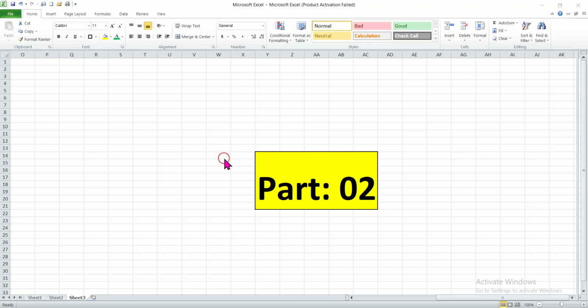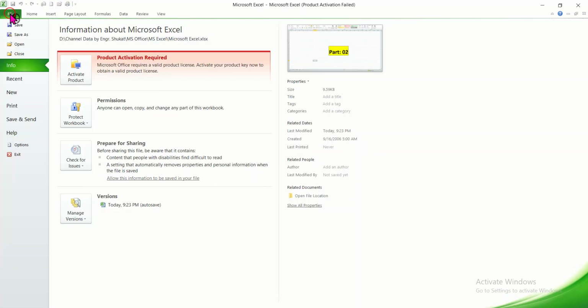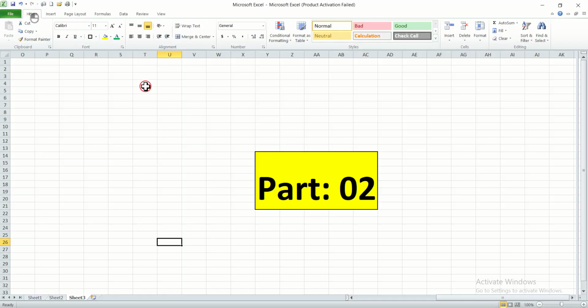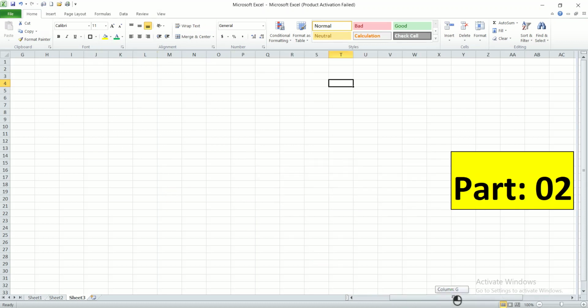In this video, we will discuss in detail the different tools that are available in the File tab, and their functions will be discussed. So now we are in the Home tab, and when you open your Microsoft Excel for the first time, you will see it like this. This is the main window,